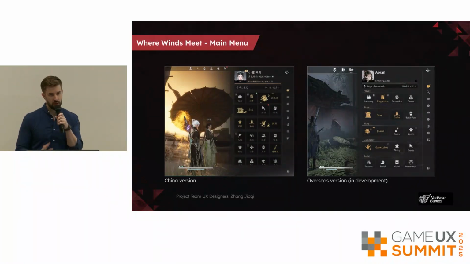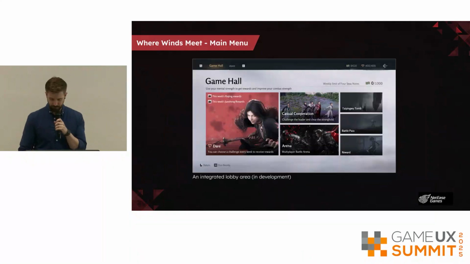And so far, we've run lots of closed beta tests, and we've received some positive feedback, but mostly less complaints as well. You might be thinking, however, where did all those features go? So essentially, all of the gameplay modes were scattered throughout the main menu, and then we just brought them all together into a gameplay lobby, which is kind of a feature that many more Western players are used to. So it shows that, even with some cost constraints, there are some changes you can make.